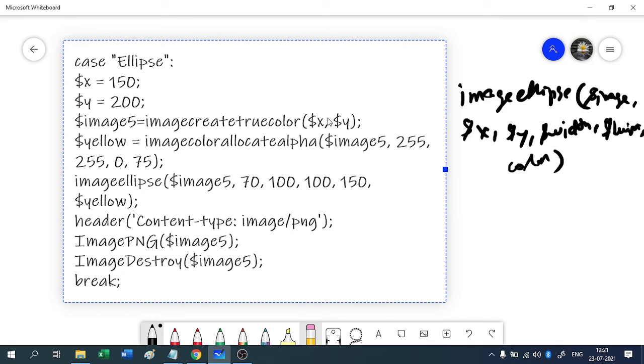In this one, 255 is the x coordinate value, again 255 is the y coordinate value, 70 is the x coordinate value, 100 is the y coordinate value, then width is 100, then 150 is the height of the ellipse, then color is yellow.